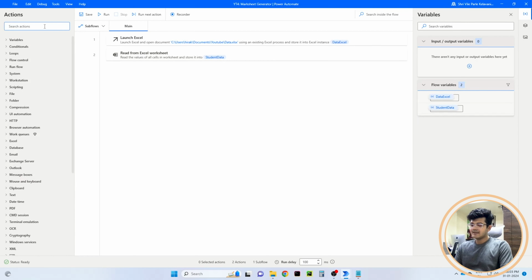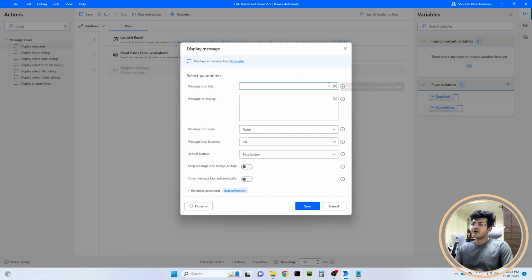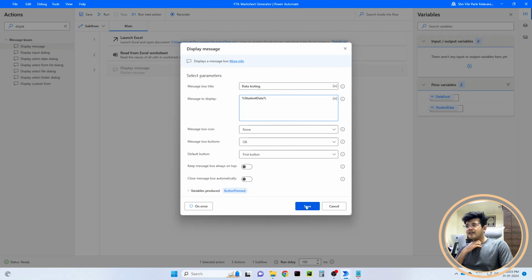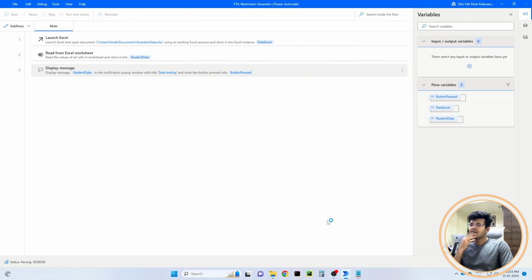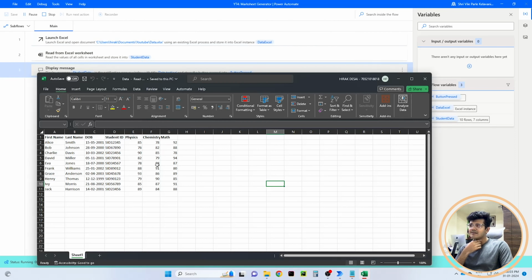Now I will explain this concept using a display. Let's put a display message box over here. Message box title would be data testing, right? Now that we're in data testing, I want to display, let's begin with the whole student data, right? Let's run this once. What we are to expect to see is the entire data in a display box, right? So here it opens an Excel instance, first name, last name, everything, and from Alice till Jack, we have everything,